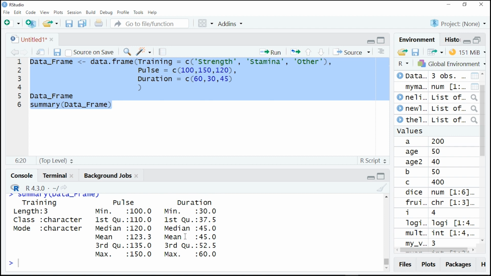Now how can we access an item? To access an item, guys, you just specify. Basically, you can use single brackets or double brackets or even the dollar sign to access columns from a data frame. Like for example,